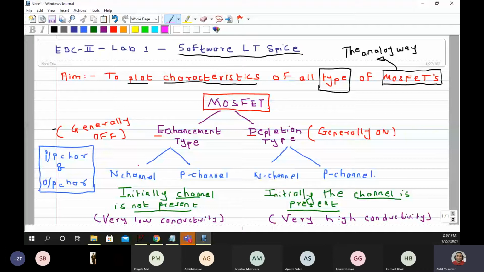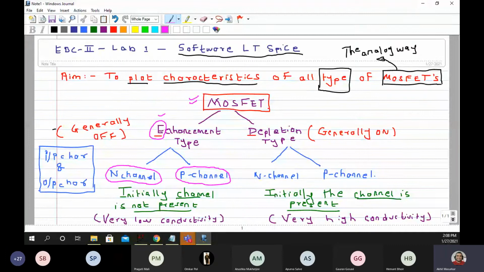That means for N channel enhancement type MOSFET, and for P channel enhancement type MOSFET.